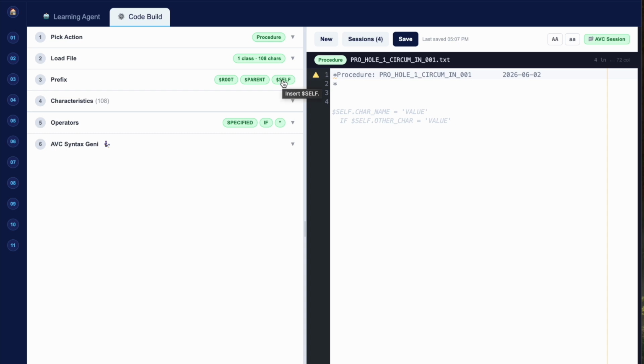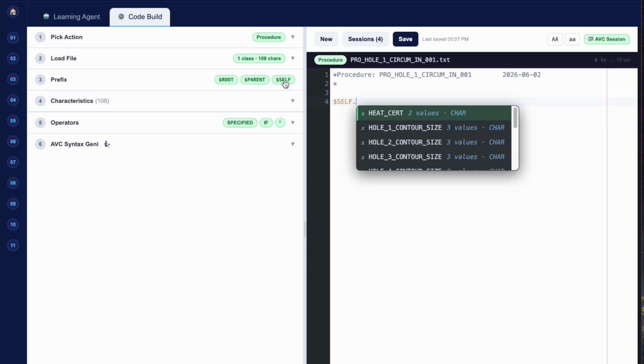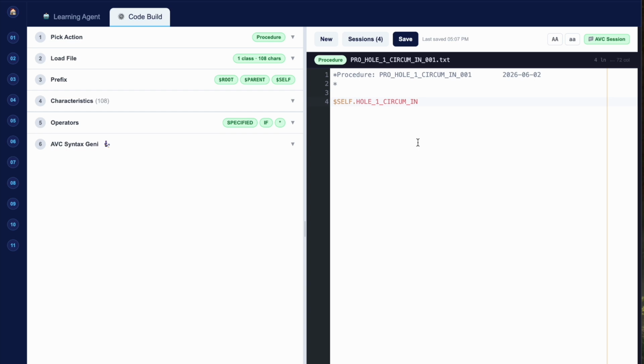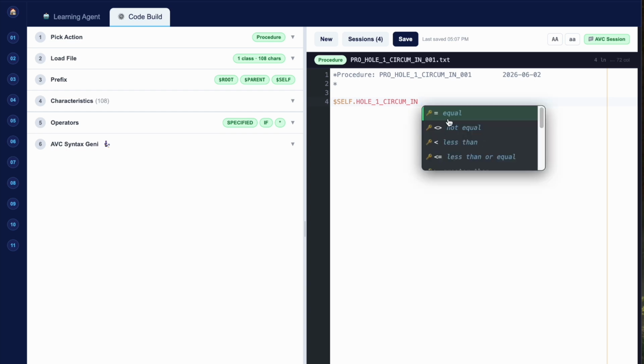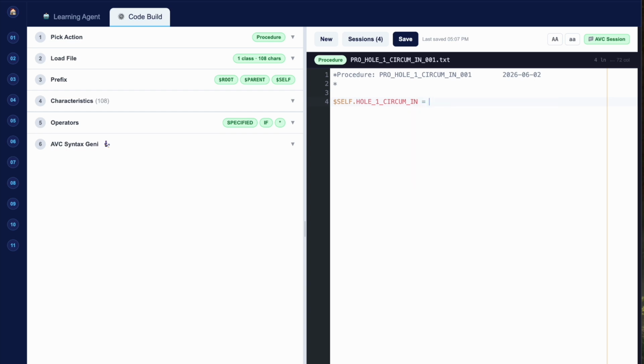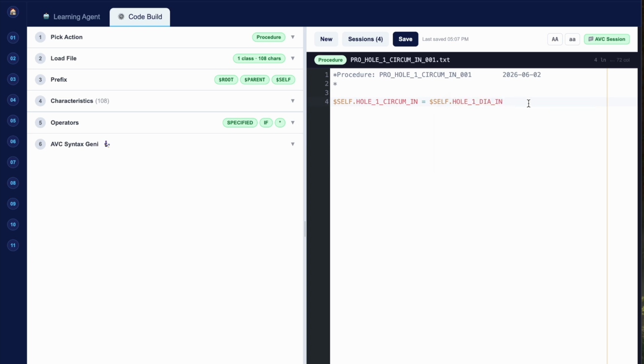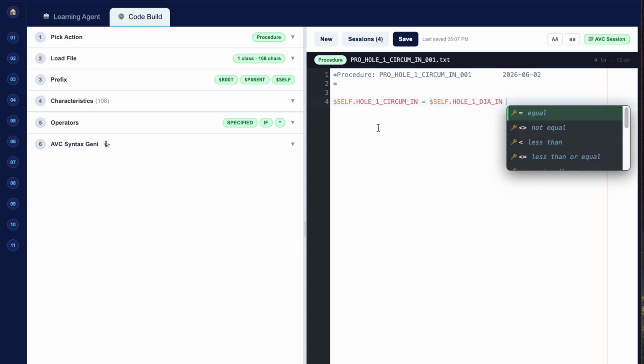We're going to put the cursor where we want it to be, and we're going to do a $self, and we're going to do the hole one circumference. That's what we're trying to figure out. So hole one. Okay, there it is, hole one circumference. You can hit the space bar there, and it says, okay, equals what? Well, equals another $self for this one. We're going to look for the hole diameter. So the hole one diameter, and we are going to take that,